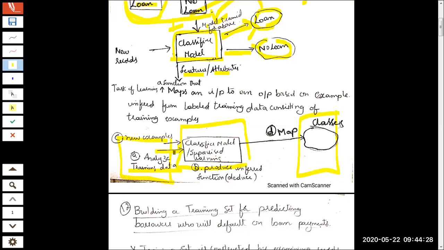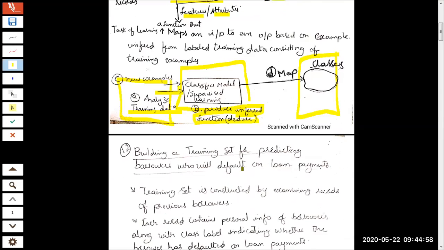It will study the different attributes in the data. It will study the values in the attributes, based on which it will build a function or a model, which is nothing but the decision tree that you saw previously. It will infer this model, arriving at it based on the training that you are giving. Next, based on this training and the inferred function, model or tree, it will make the required decisions.